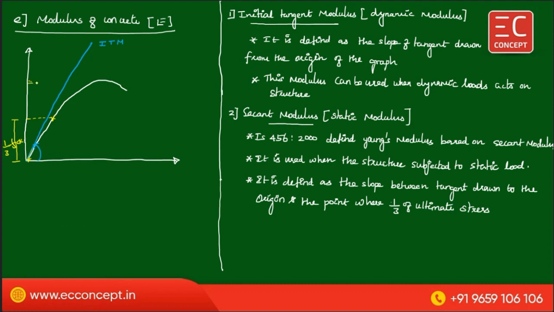Actually, this is FCK, the ultimate strength. So for 1/3 of FCK, the line is drawn to the 1/3 of FCK point and the origin. The slope between these 2 points is